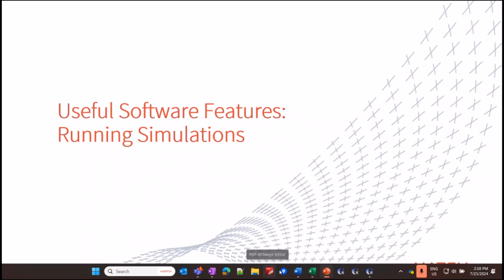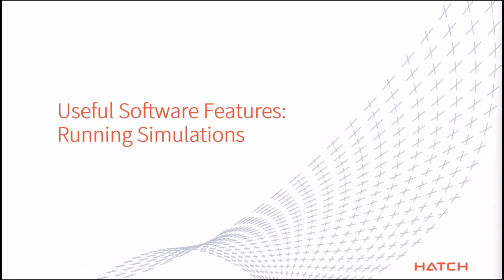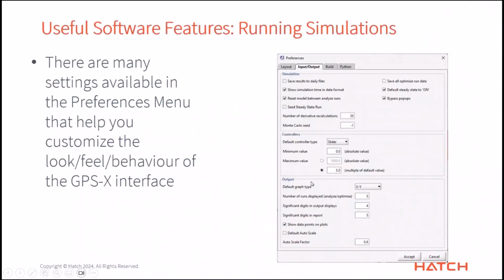Okay, so let me get back to my demonstration here. Now, what I want to do is move on to talking about running simulations. So now we've built our layout, we've got it running, and we've entered in all the information that we have. It's been compiled and running in simulation mode. And we are now going to look at some of the handy features that control how you interact with your model. So these are features related to driving the simulation and so on,